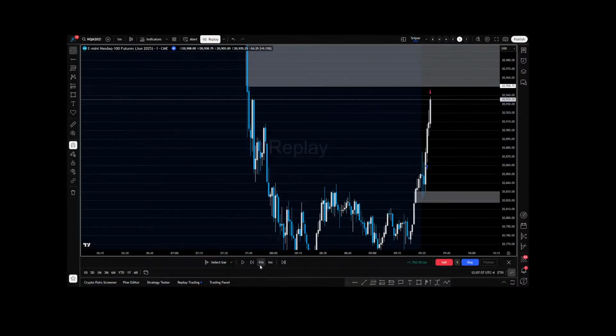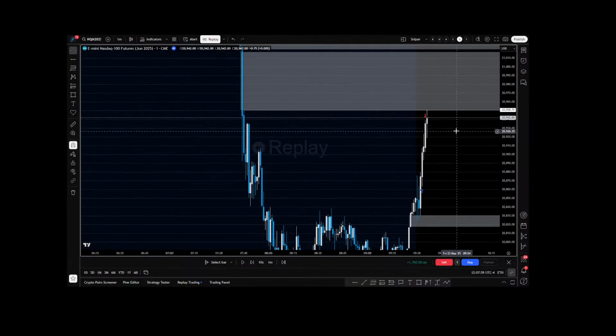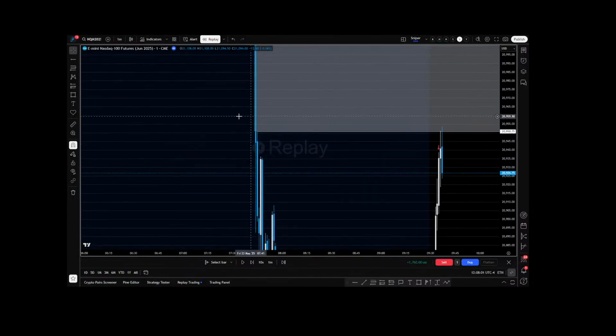But I do want to show you guys one setup. Okay, right here. So this key level, right? This was our draw. This acted as our draw for our bullish trade, going long there. But now what's happened? We've just tapped that fresh 15-minute fair value gap, bearish reaction. In here, although we're not looking at the 30-second, there was a 30-second fair value gap, something like that, within this 1 minute range.